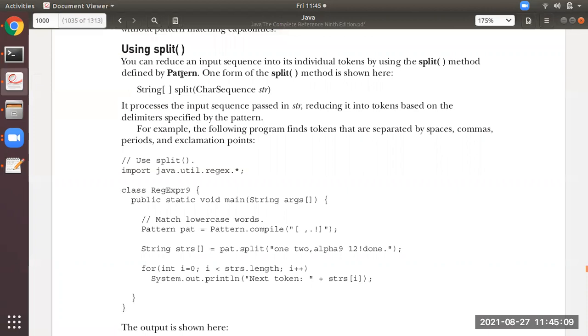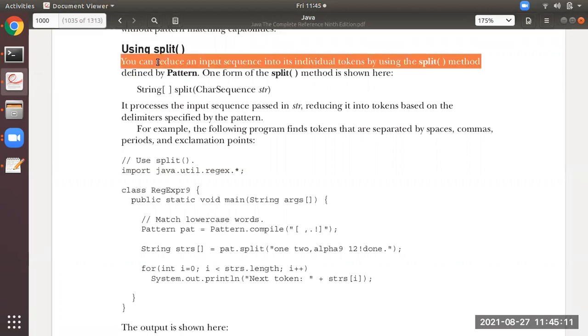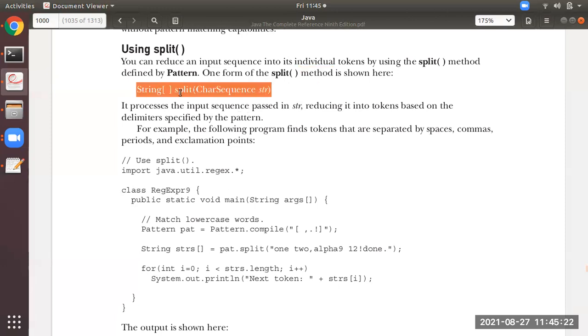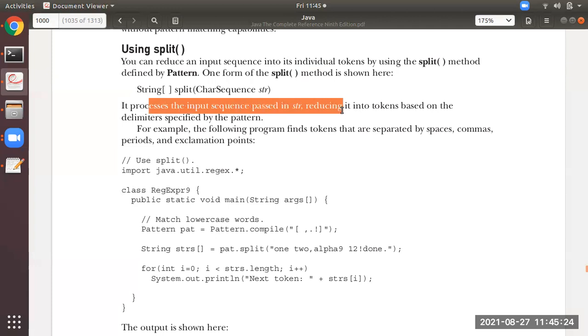So try to remember, students: you can reduce an input sequence into its individual tokens by using the split method defined by Pattern. One form of the split method is shown here, what you have seen. It processes the input sequence passed in str.